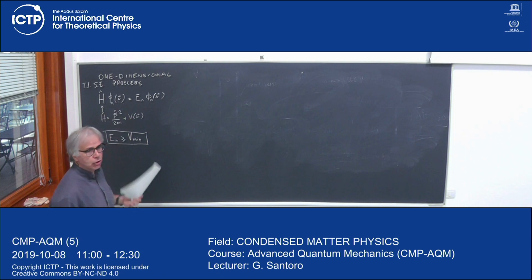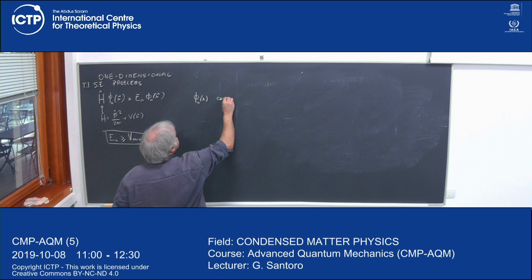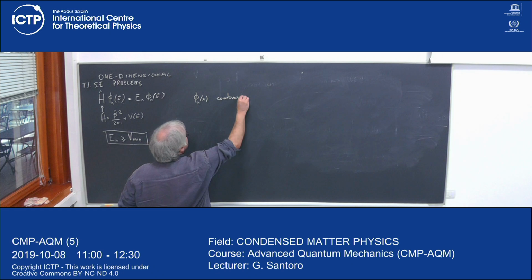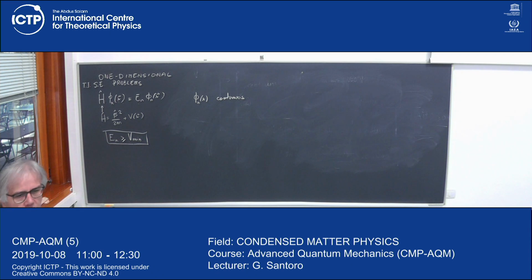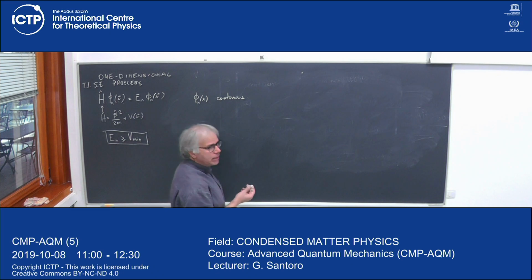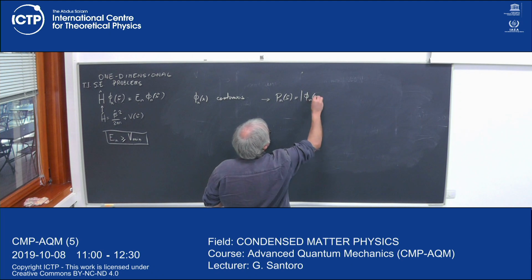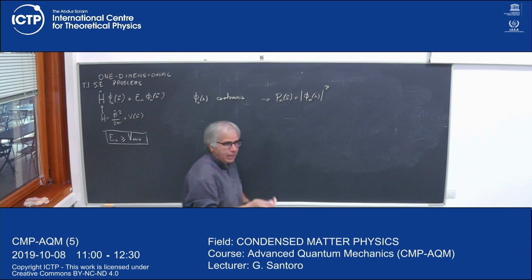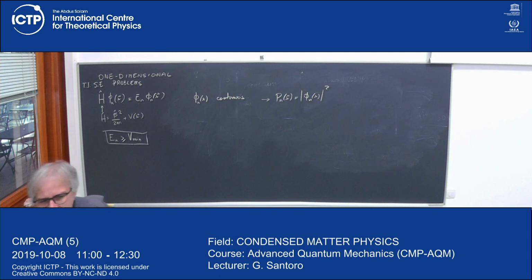When we look for solutions of problems, obviously we want wave functions which are continuous. Physically, obviously, and mathematically, the mathematicians show that the solutions of these problems are continuous and differentiable. But physically, the continuity is associated to the fact that the probability of finding the particle somewhere is the modulus square of phi of x. This probability cannot have jumps at a point, for physical reasons.